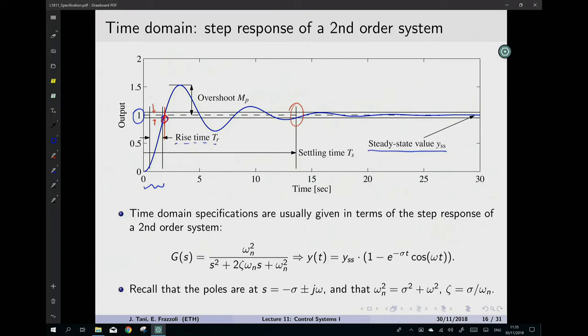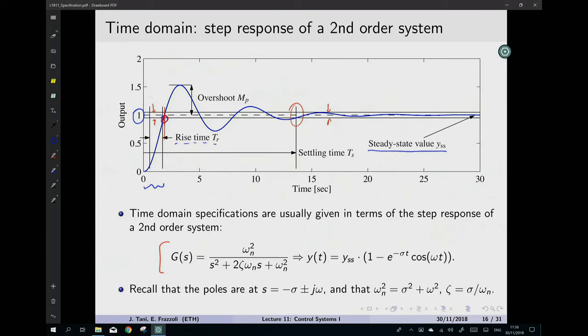Okay, so this can again be defined arbitrarily depending on how big this region is. But the idea is once the settling time defines a sort of convergence, once the output is within the bound around the reference and we'll never get out of it again, that's the settling time. So we've seen before that if we have a second order system, we can express it in this familiar way,